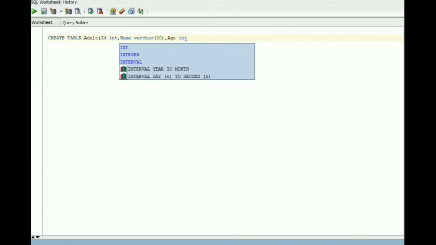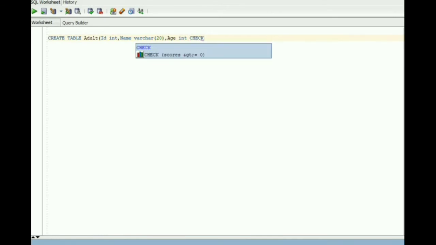I want to add constraint in the age column, that is check constraint. Check, then condition. It will check if age is equal to 18 or greater than 18 or not.